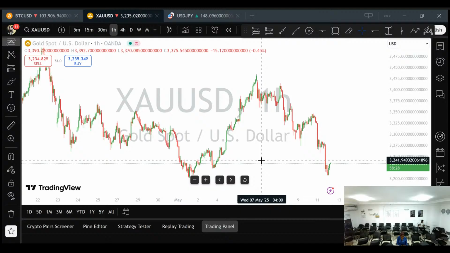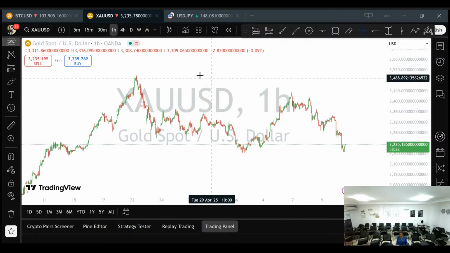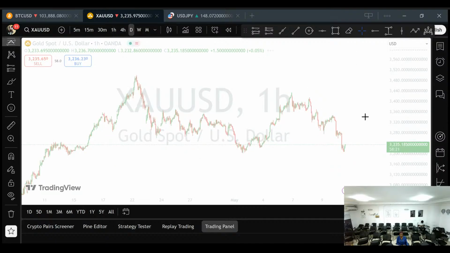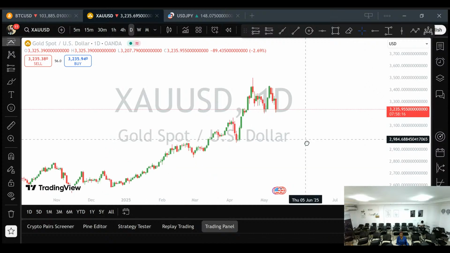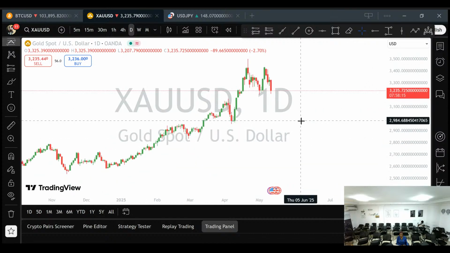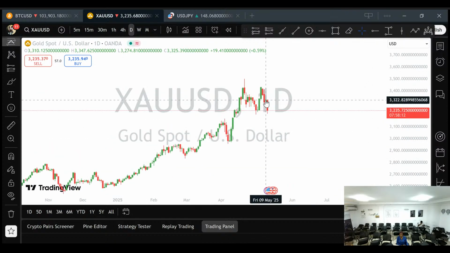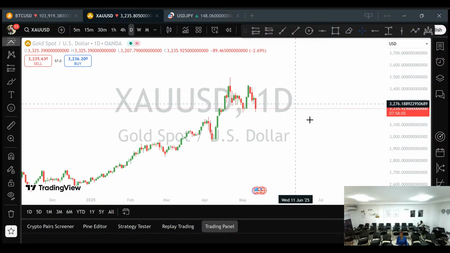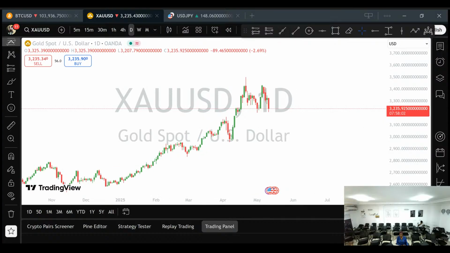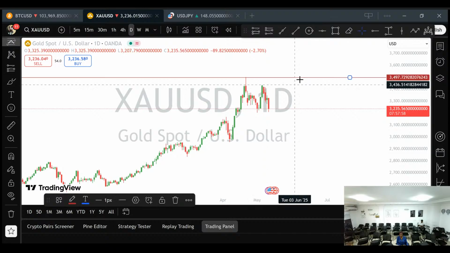Okay, so let's start. This is D1. Today is Monday and the opening of a new week. We see that last week gold ended with this almost indecisive candle. But before that we had a bearish move, right? So we are going to map out our key levels. Start with our support resistance,